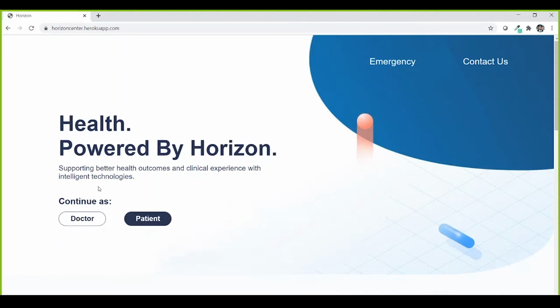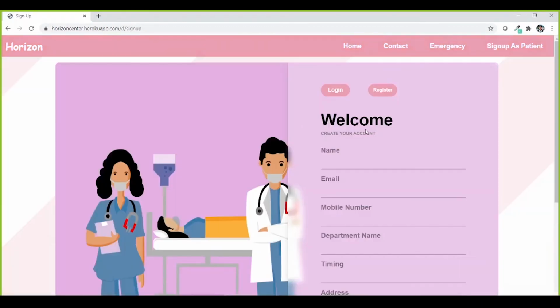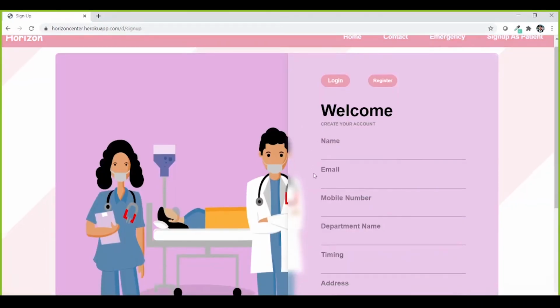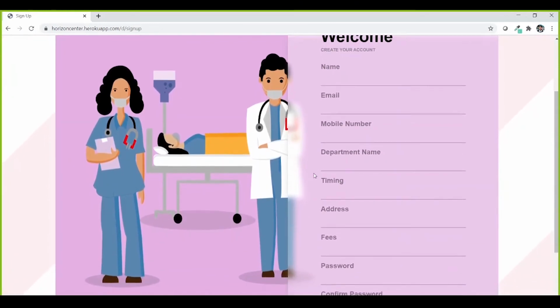Doctor may register or log in using the Continue as Doctor button. The doctor has to fill in added details while registering, that is the department name and timing.